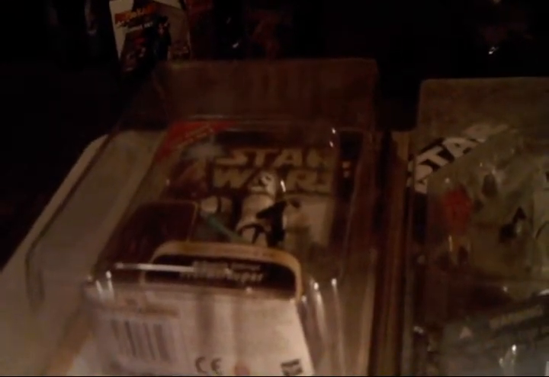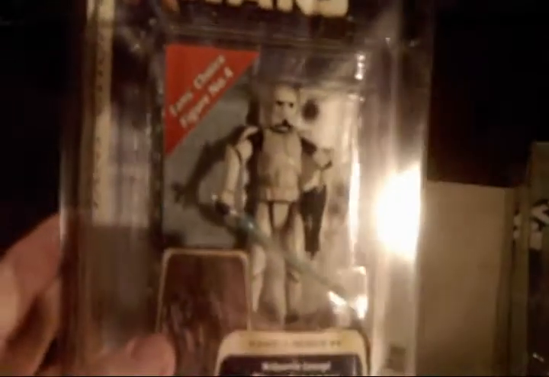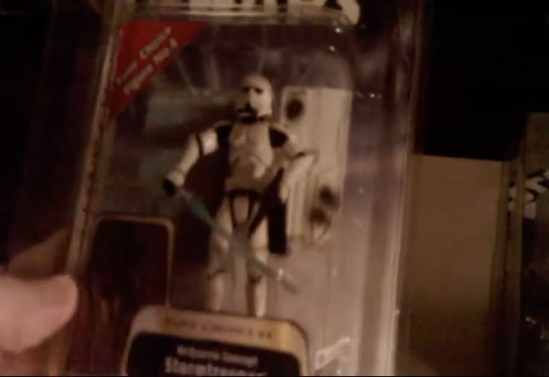Now, Ralph McQuarrie was the artist that started the whole look of Star Wars. George Lucas created the stories, wrote the storyboards, but he couldn't show what the characters would look like or what the movie would look like until Ralph McQuarrie created these wonderful sketches. This is the concept of what the Stormtrooper looked like based on his sketches. As you can see, it's got a blaster, a lightsaber, and a shield,